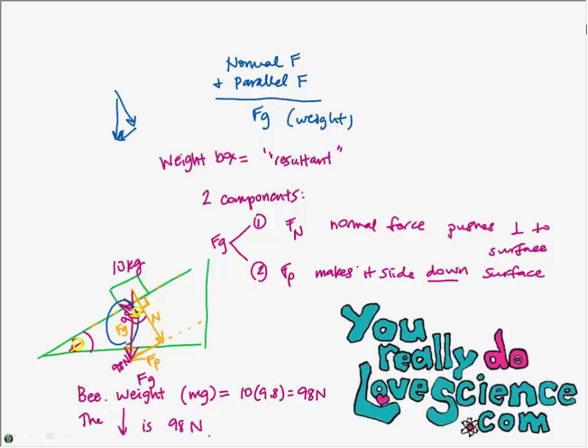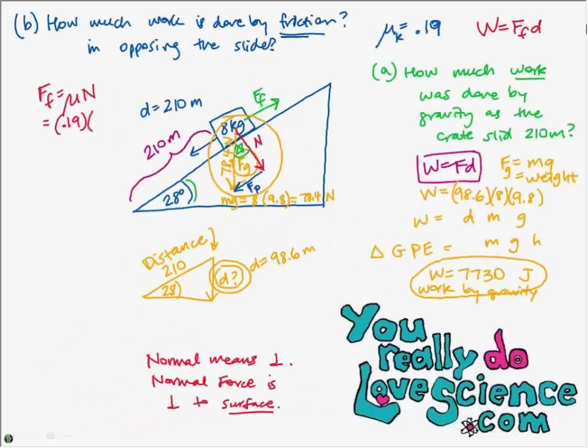Okay. All right, back up here. Now you understand that the weight is the 78.4, which is the hypotenuse on that force triangle that we've drawn. We got a distance triangle congruent to a force triangle. Okay. So now, where were we? What are we trying to find? The friction. Okay. So we found 78.4. Can we get the normal force? Did we get that yet? No. Let's do that. Let's do